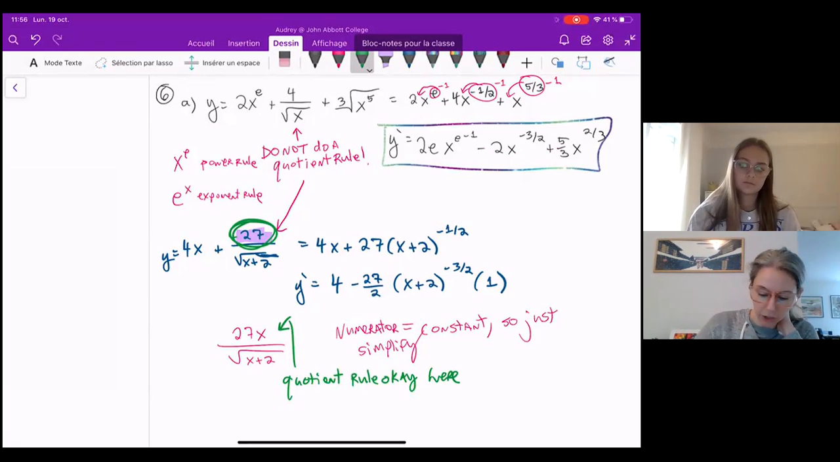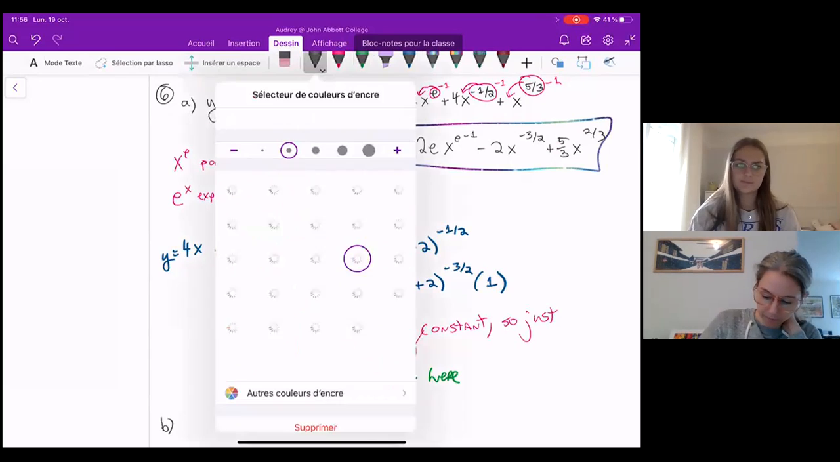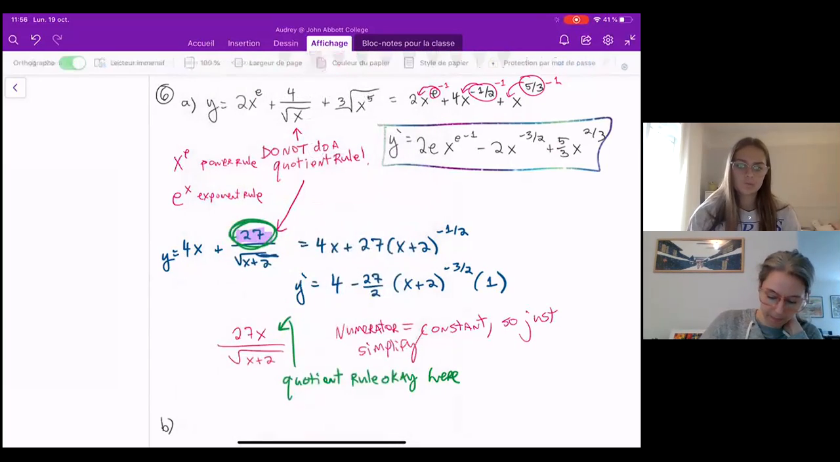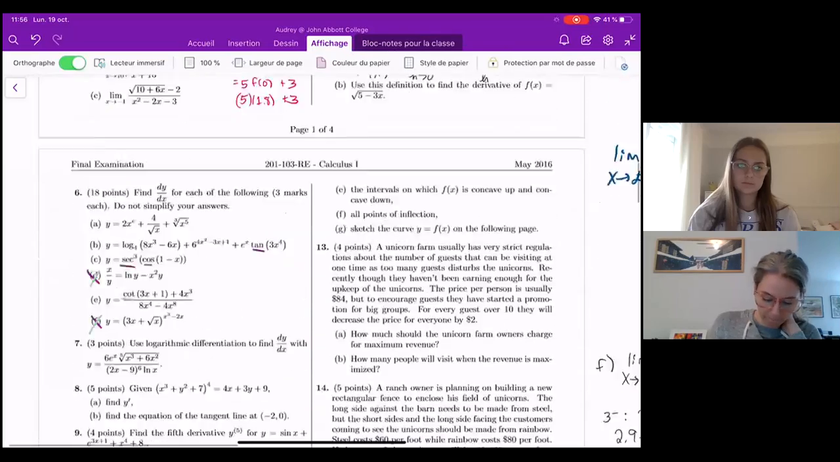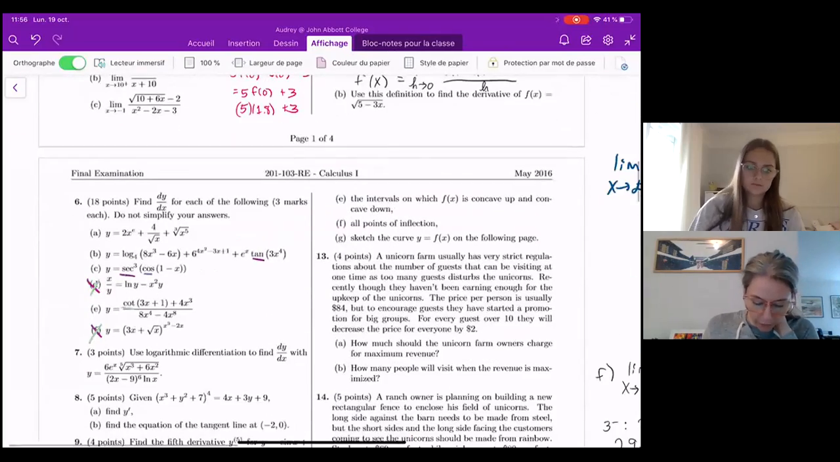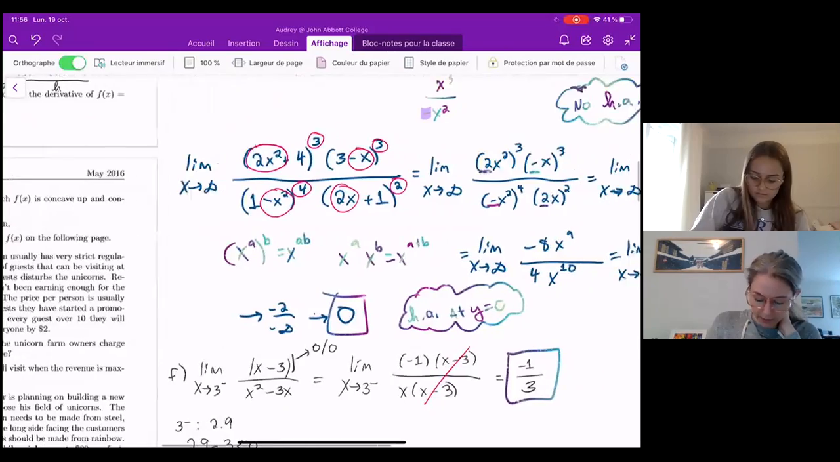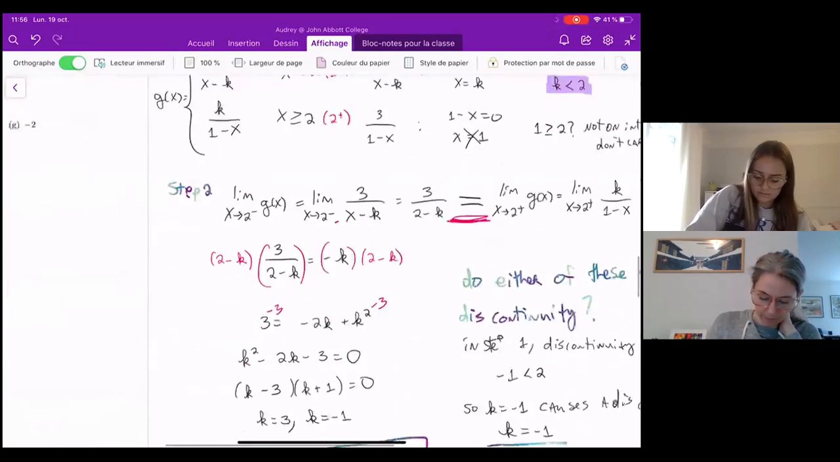Okay. Next derivative. Log base 4 of 8x cubed minus 6x